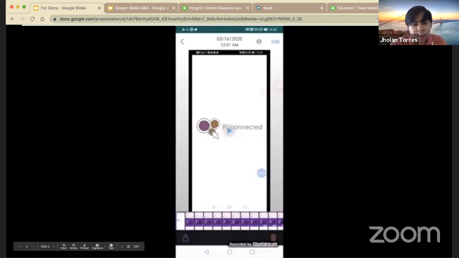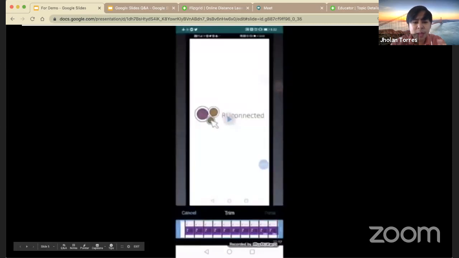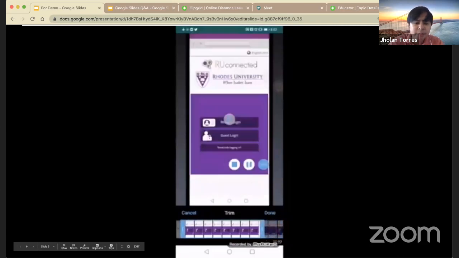It's very good to use Screencast-O-Matic on your cell phone. You know why? Because you can crop the video. You can trim the video easily by moving the slider on the side.